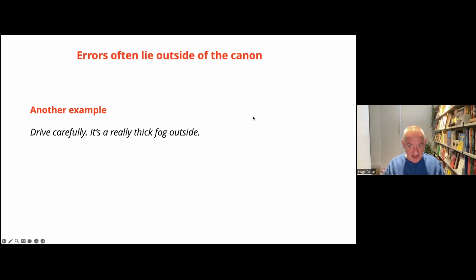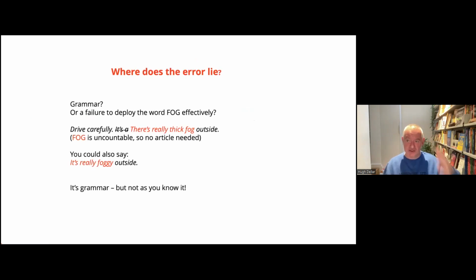Okay, just wait one more minute, see what else comes in. Thick fog there. It's really foggy outside. Interesting again. So I think sometimes when you look at these kinds of things, your immediate reaction might be to correct the basic surface mistake, okay? And what you might do is to say, yeah, we don't say thick fog. It's really thick fog outside, and you just cross out the "a". And that was my first reaction. Like, I was aware that's what my brain was telling me to do.